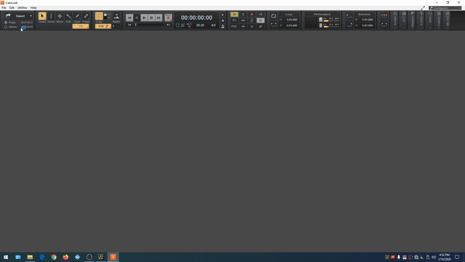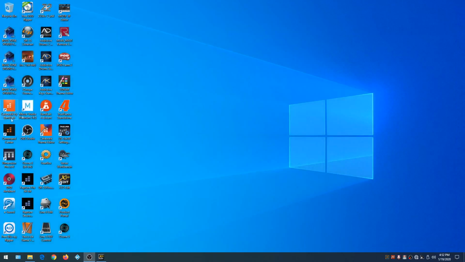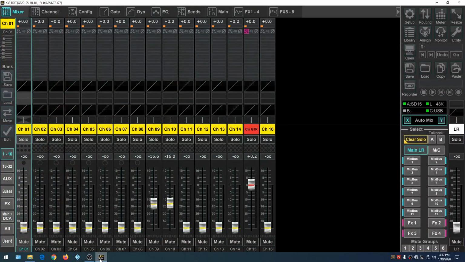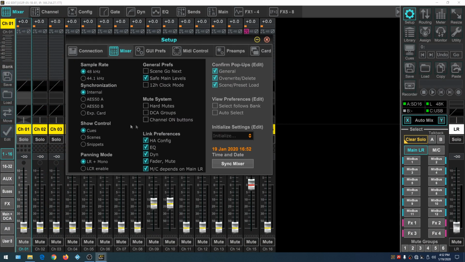And then we need to close Cakewalk. Now, let's go open up the Behringer mixer. And we're going to go over here to Setup. And underneath Setup, you'll notice 48K. Now, the previously recorded project was recorded in 44.1K. What happens is when I hit play, it tries to play back with this sample rate and it generates the error message. So to get rid of the error message, all we have to do is switch this to 44.1K